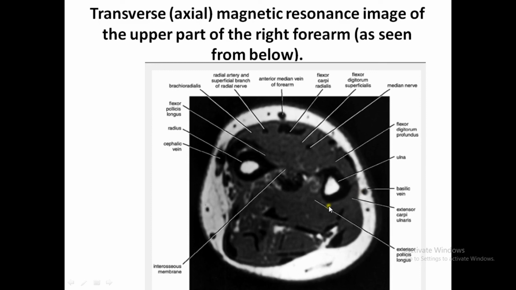ulnaris, extensor pollicis longus, the interosseous membrane, cephalic vein, the radius, flexor pollicis longus, brachioradialis, radial artery, and superficial branch